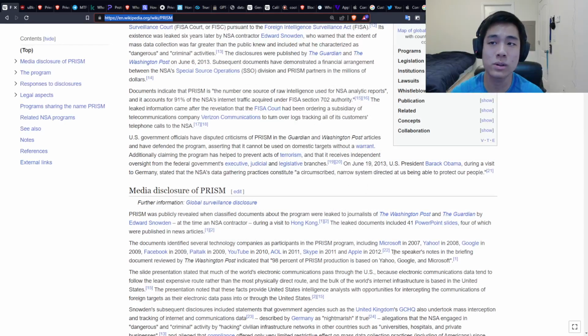All these companies work with the US government, giving them backdoor access to your data. And of course, this was leaked by Edward Snowden. And so just to say, every single country does this. So the idea is just don't give your data away to these companies, because they will probably be given to